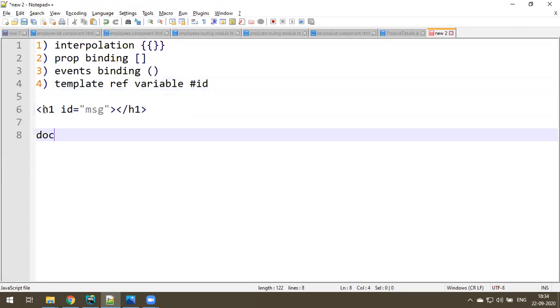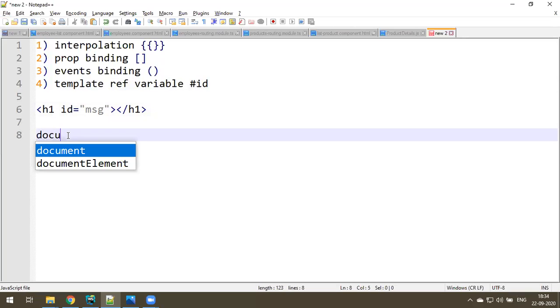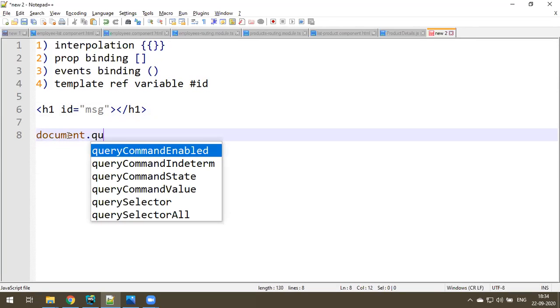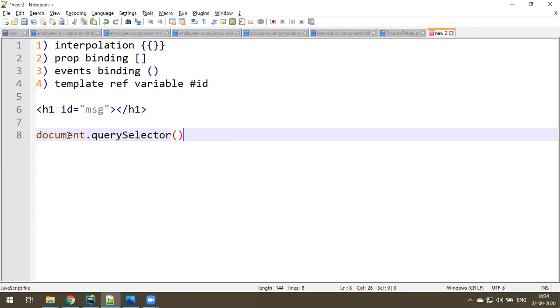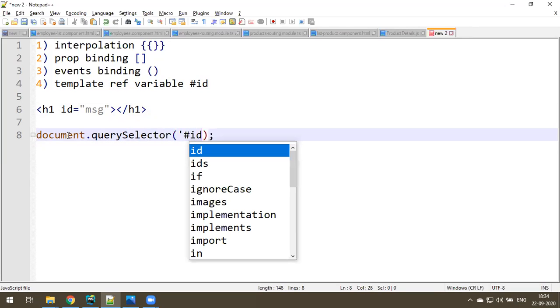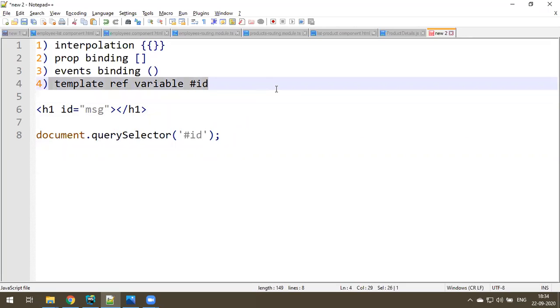Yeah, you have an h1 tag with id message. If you want to refer to that in JavaScript, what you do, document dot querySelector or document dot getElementById, querySelector of hash id. So just like this, we have template reference variable in Angular also. But no, document dot querySelector is a different way from using a template reference variable.